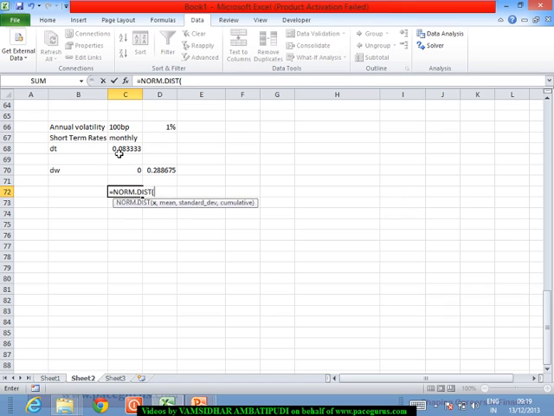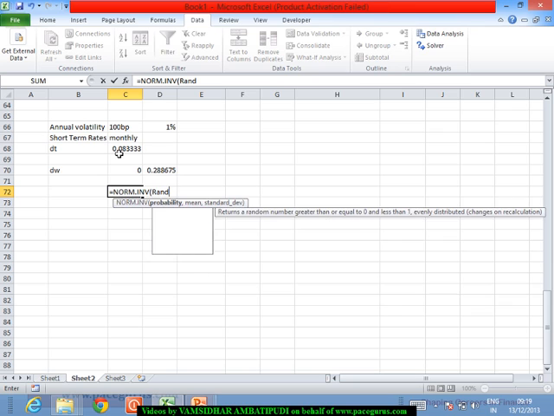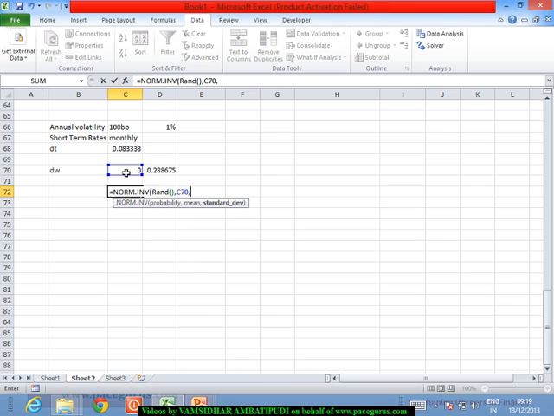So I'll directly go with the normal inverse function, wherein for some random probability, based on the mean and the standard deviation,